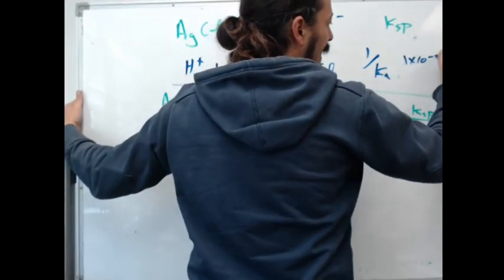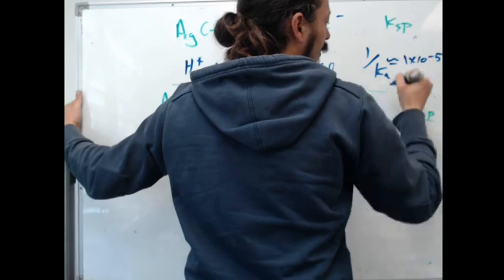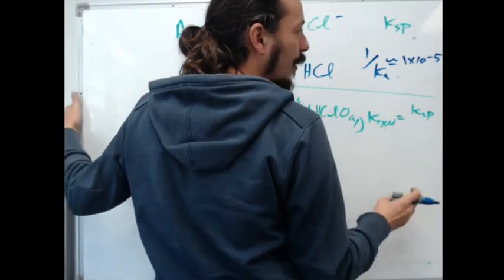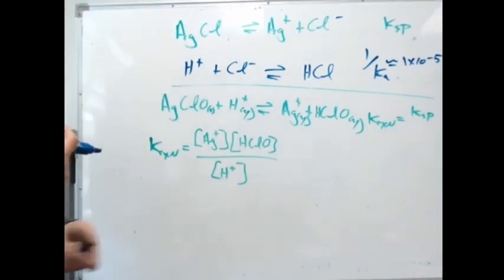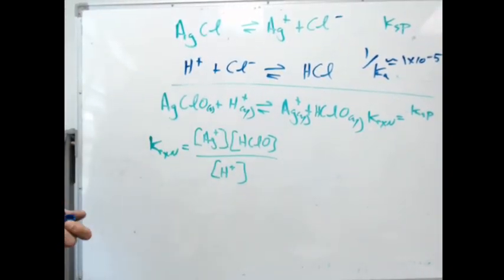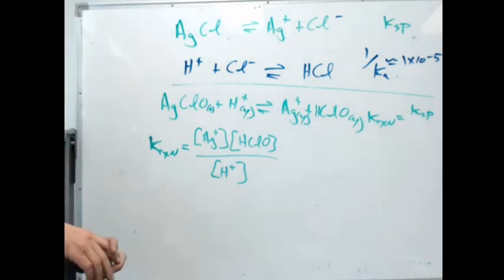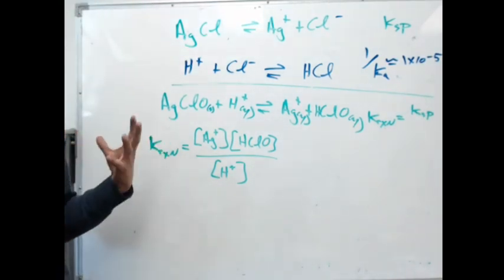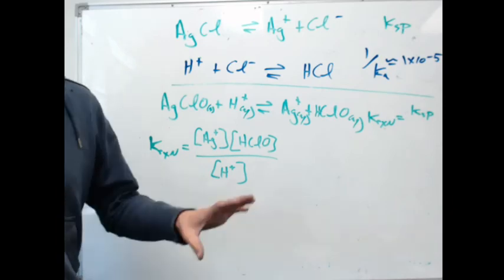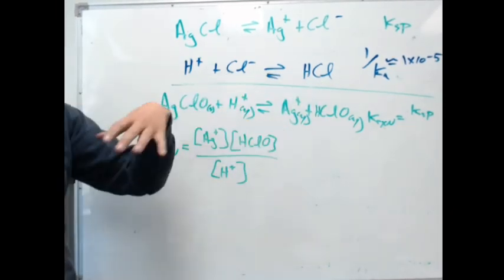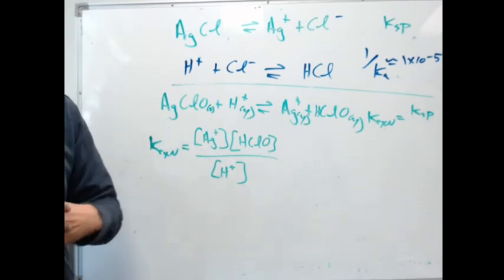1 times 10 to the minus 5. Right? It's going to be some small number. Now, I'm going to be taking my Ksp, which is already a small number, and essentially multiplying it by an even smaller number. If you do that, you're going to get some sort of weird secondary effect of, oh, it's going to be putting more Cl- into solution. That's only if you're adding actual HCl. So if you continued on from this, you would start to make some mistakes because it looks like more Cl-